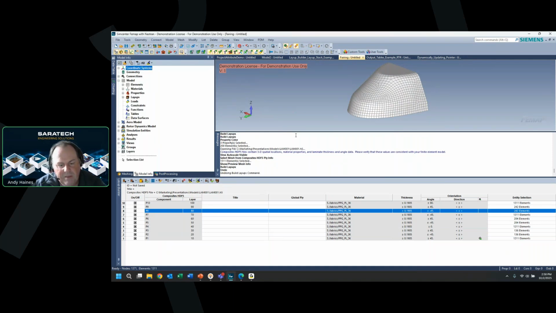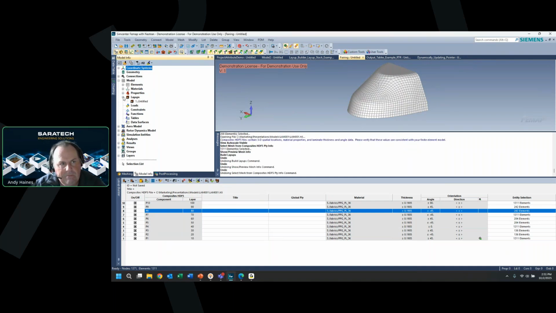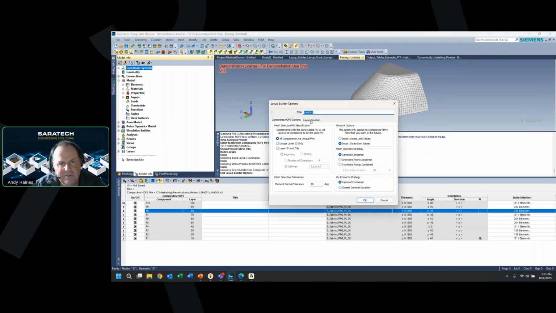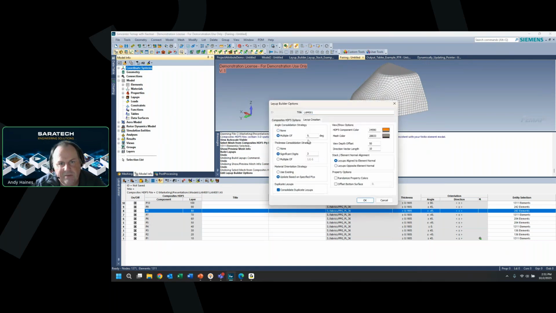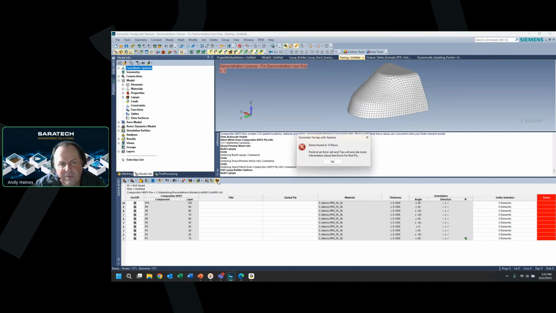If that seemed like a few too many, I'm just going to undo. And in here, I can actually do some layup creation. So maybe I only need one every 5 degrees instead of every possible degree. So now, with a difference in orientation,